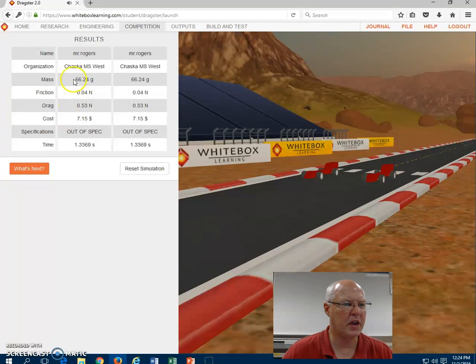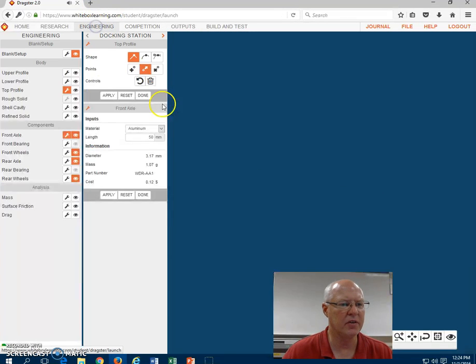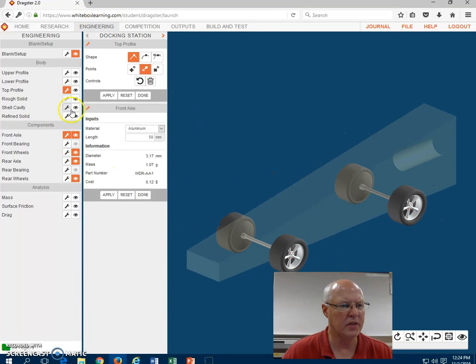So what you're looking at is the time right here. Went 1.33 seconds. So the lower you can get, the better it's going to be. So you're trying to get this as low as possible. I know on the real tracks, I'm not sure about this, but the real track, if you get up around a half a second, you're pretty good. So from here, then you go back to engineering and you're going to redo that. And so you're going to want to do that for the next, we're going to work on that today and